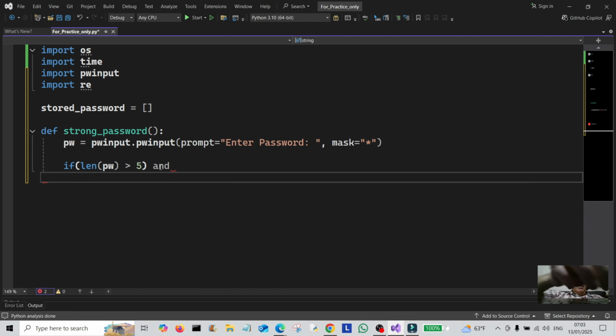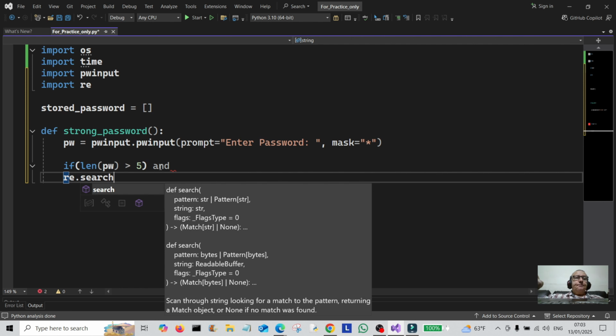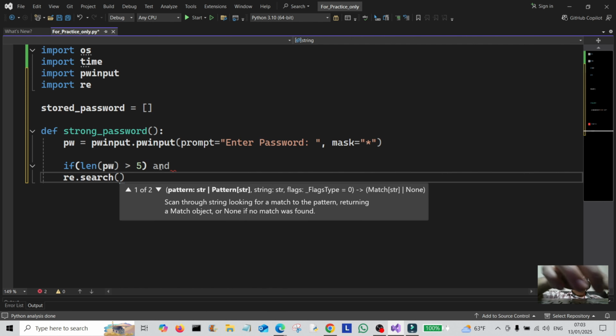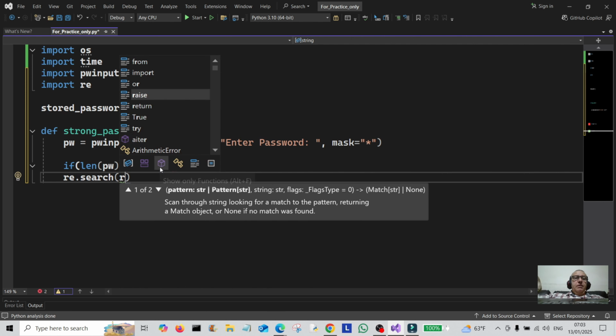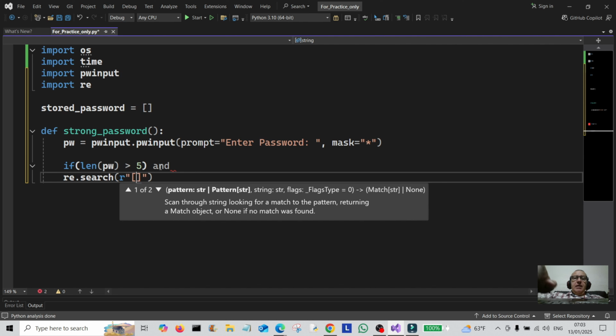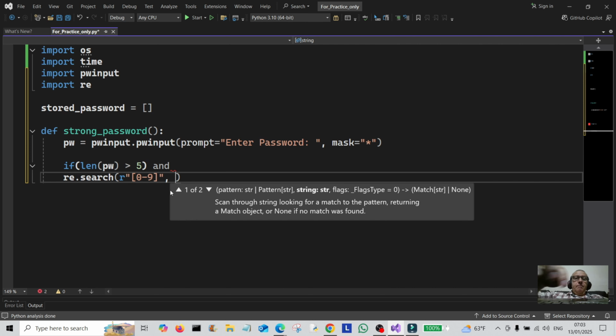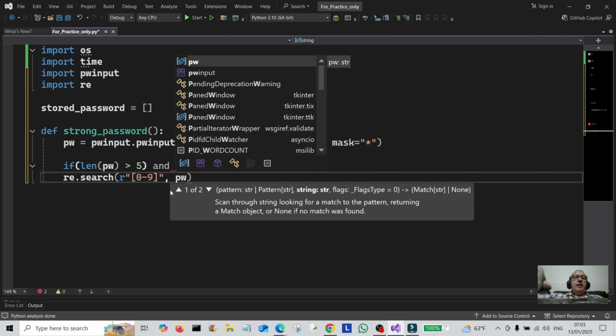re.search. So this is regex. So we're going to be checking for some other conditions. So we simply do that like that. We do 0 to 9, so we're checking for numbers from 0 to 9, and then all we do is pw there for password, so we're checking for numbers from 0 to 9 in the password,